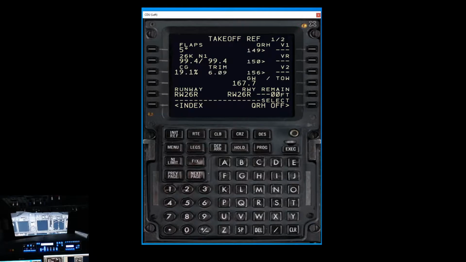Your V speeds here, which are your takeoff speeds, have come up now. We've got a V1 of 149, VR at 150 and a V2 at 156. Now we don't want to select these straight away because we want to go to the next page, because certain conditions on the next page will affect those V speeds. So if you just select next page,